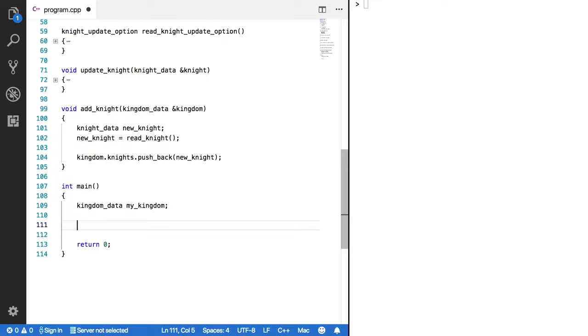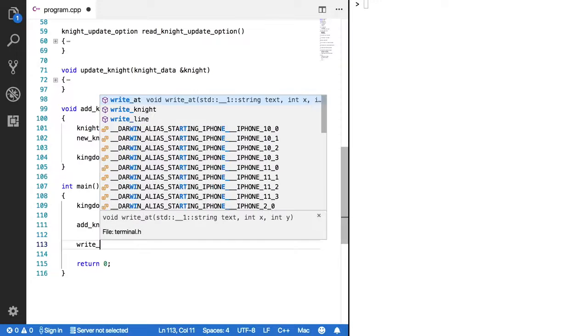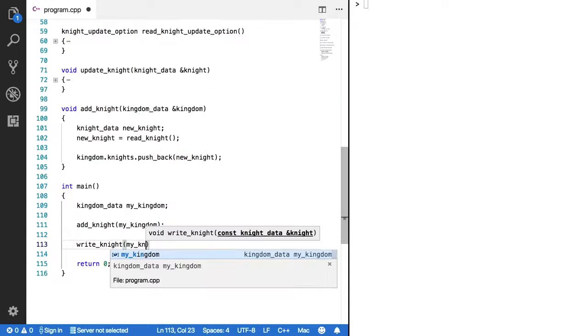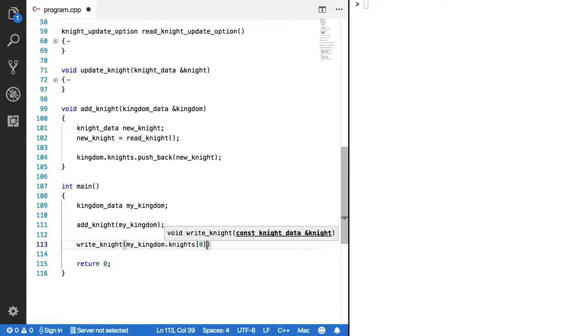So here, if I now do add night, I can pass in my kingdom. For the moment, why don't we just do write night? And we should be able to access that night through my kingdom nights at index 0. So as you think through